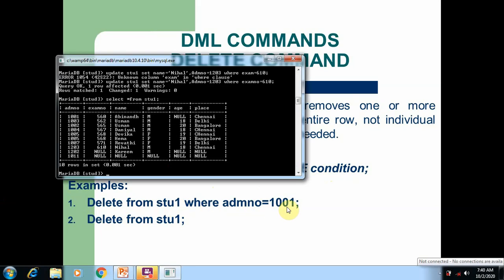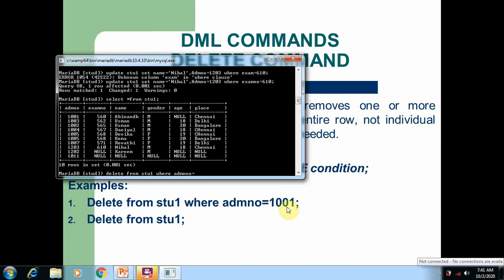Now I'm going to execute this command: delete from stu1, the table name, where admin number is equal to, you can specify any admin number.